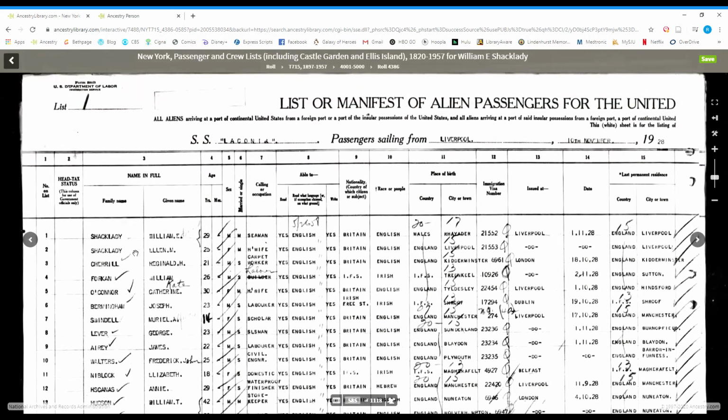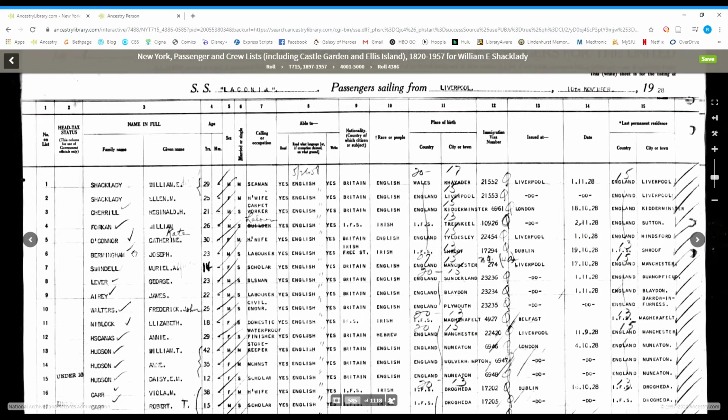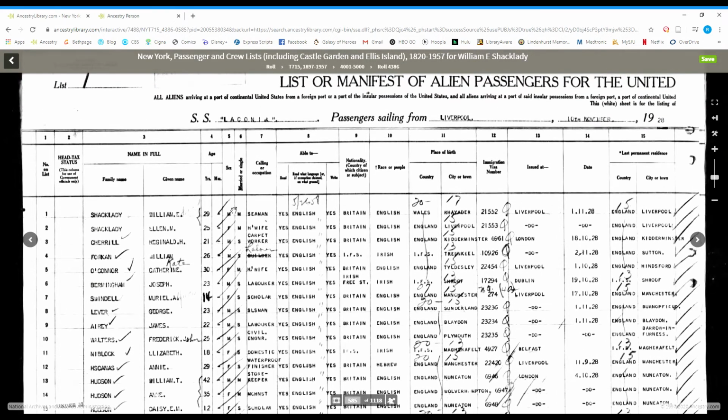I'll go through a couple of the other records. And for future reference, I will be explaining the different kinds of records there are. This is just to show everyone how they can search through documents, how to use Ancestry. But I'll go into the different kinds of records there are, like passenger lists on ships, census records, death records, birth records, marriage records, all those vital records. So yeah, he is the first one on the list,